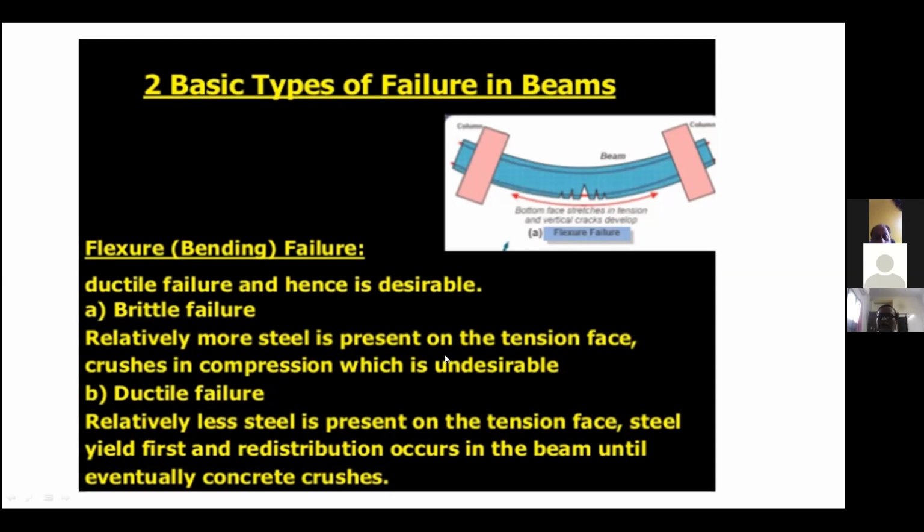Now in practice, most of the time the construction worker thinks that adding more steel is going to be advantageous. Suppose even at the site there is some variation. For example, you are constructing a small building and one room dimension is changed. For example, you are designing a building with a 12 feet span. If you are designing a beam of 12 feet span, suppose the owner of the building says that I need a larger hall. I need a 16 feet size. Instead of 12 feet, he needs 4 feet extra, 16 feet.